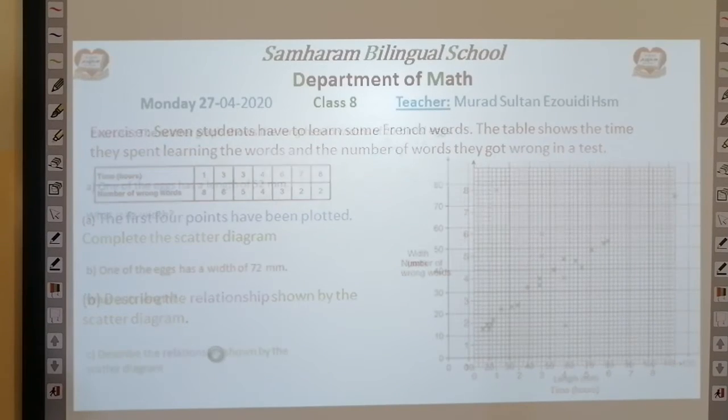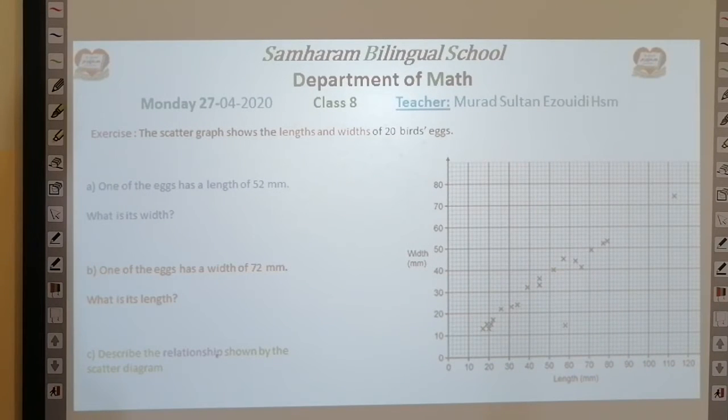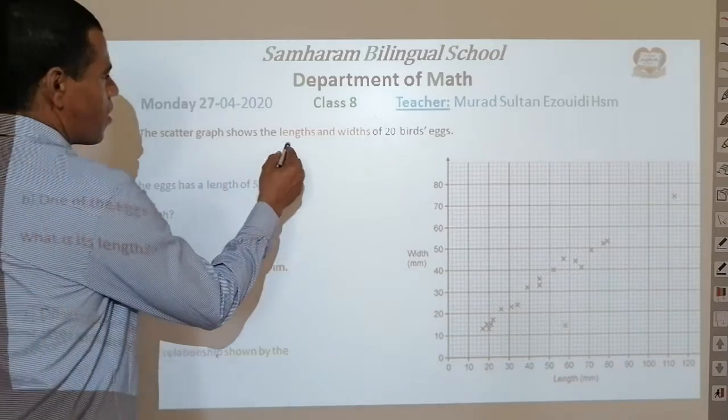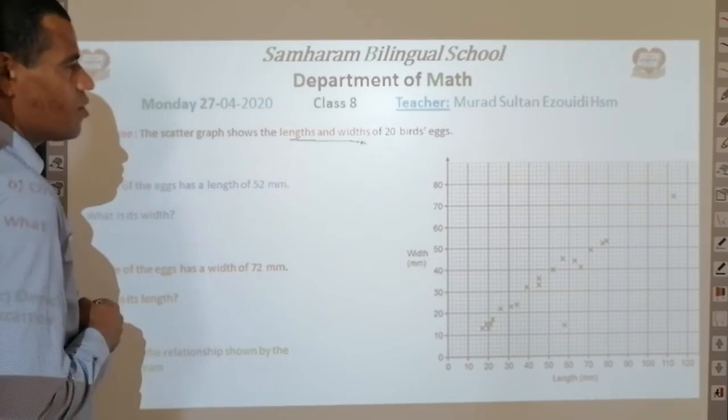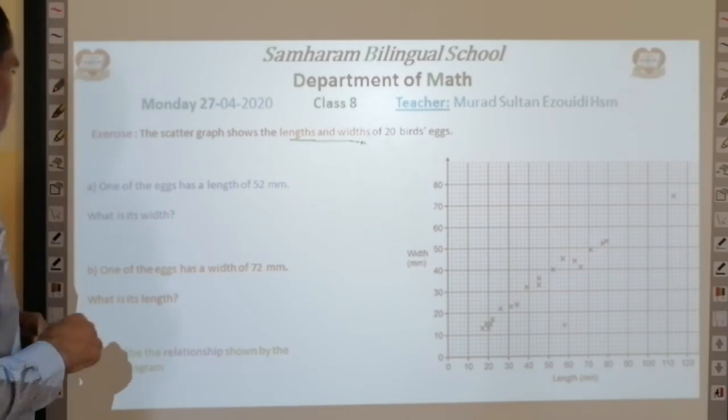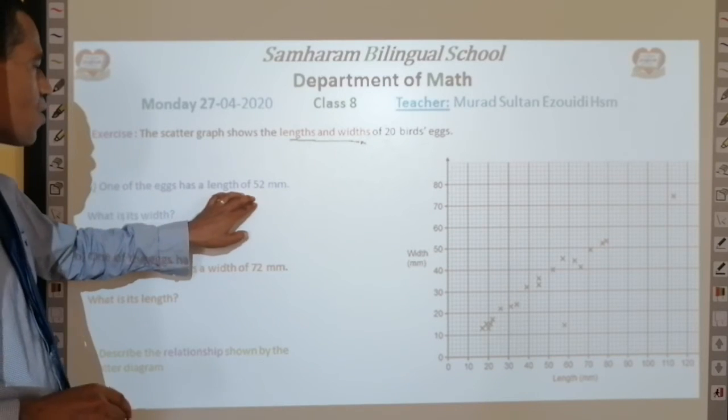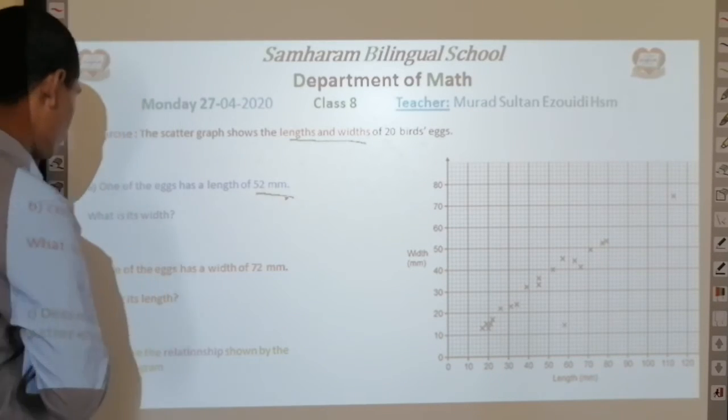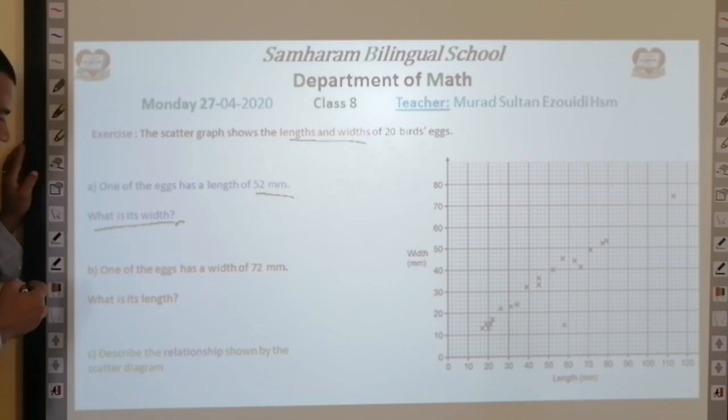The next. An exercise. The scatter graph shows the length and width of 20 birds' eggs. One of the eggs has a length of 52 millimeters. What is its width? Then one of